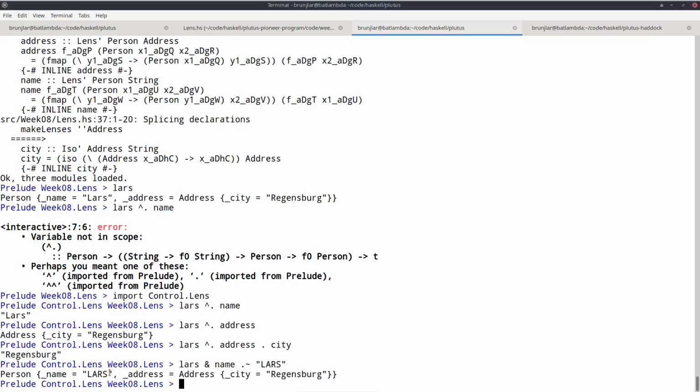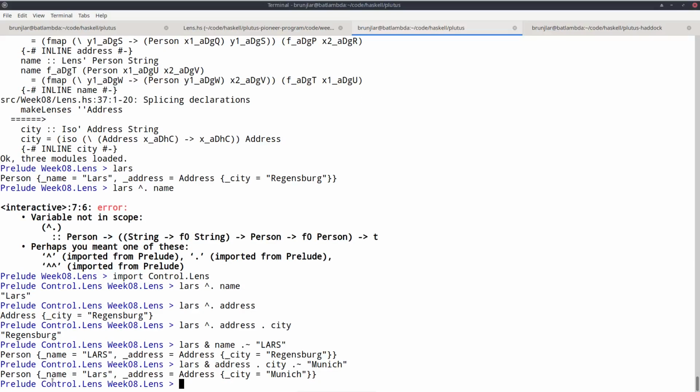And again, I can compose. So I can do, for example, name dot, no, not name, address, and then dot city. So I can reach into the person to the address and then deeper inside to the city and update the city from, for example, Regensburg to Munich. And it also works.